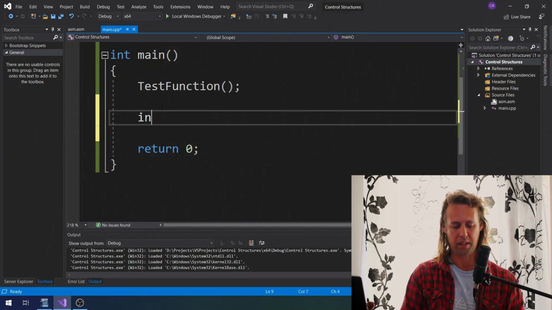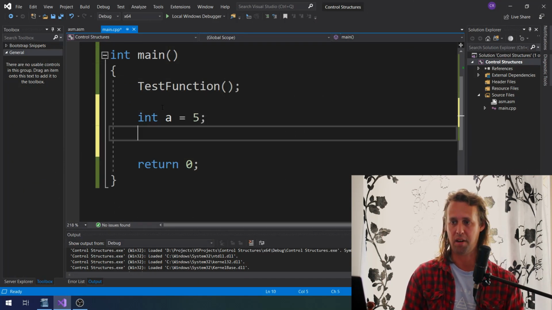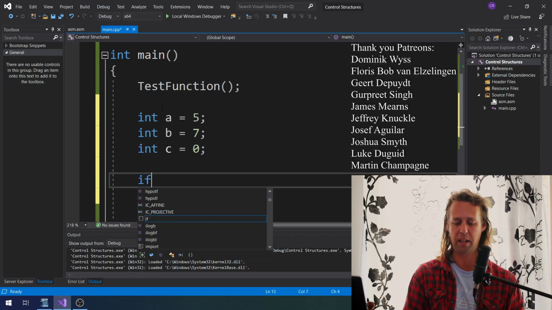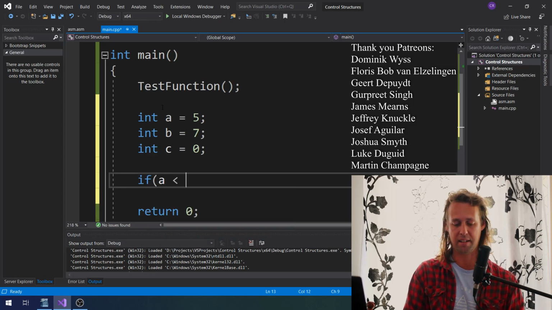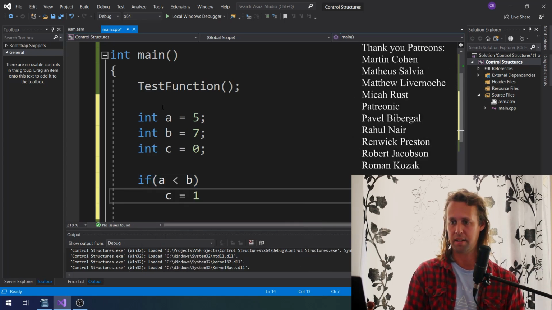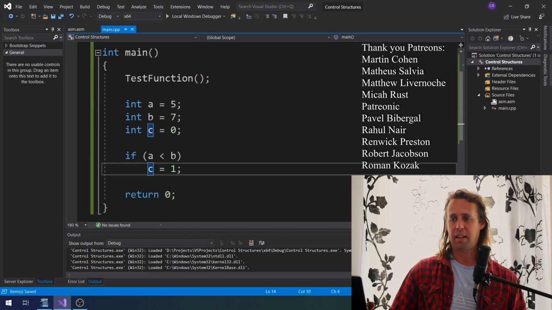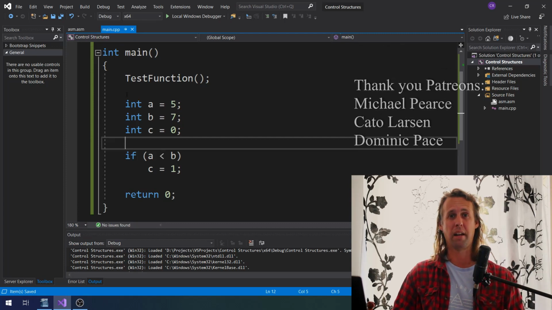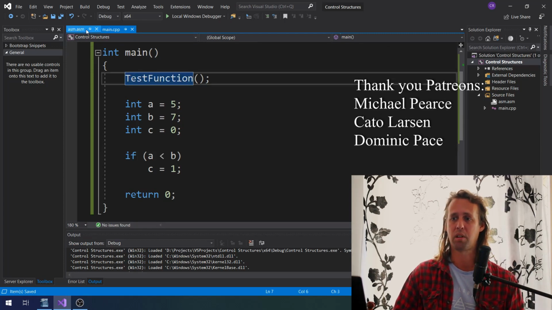So if we've got something like int a equals 5 and int b equals 7, and we want to say, I don't know, int c equals 0. If we have an if statement, like if a is less than b, c equals 1, something like that would be just a basic if statement in C++. So if you want to do this in assembly, the simplest way, or probably the most natural conversion, is to